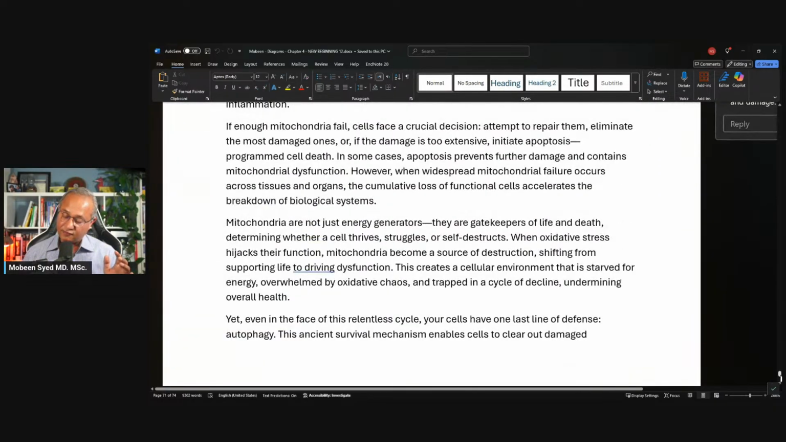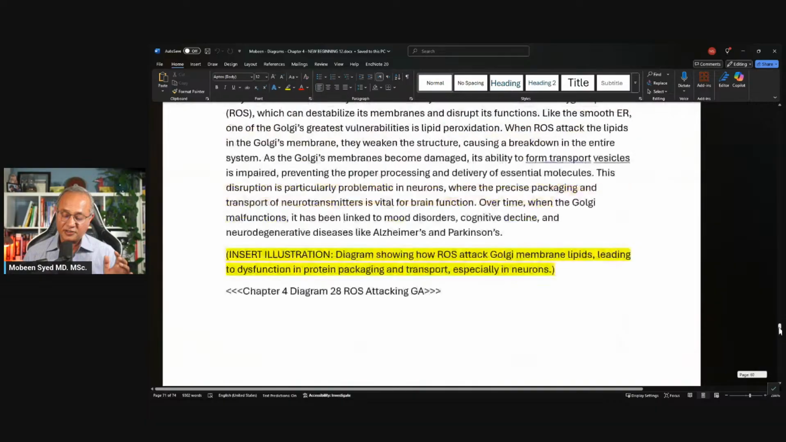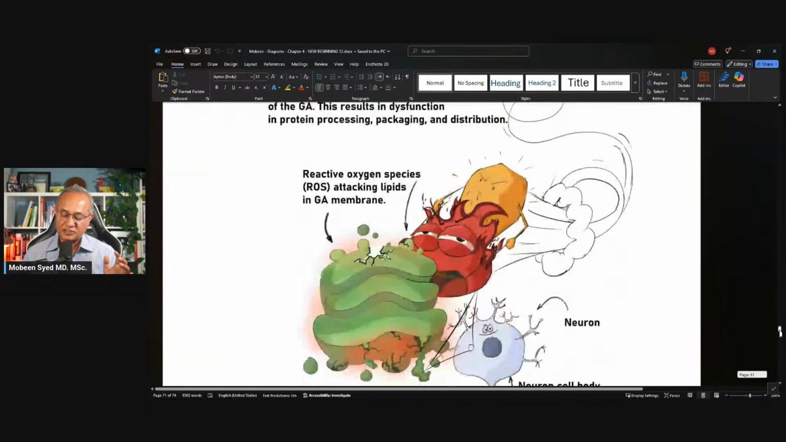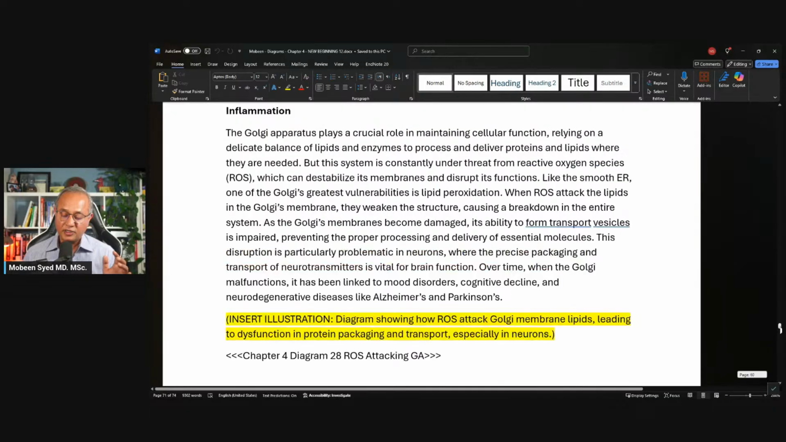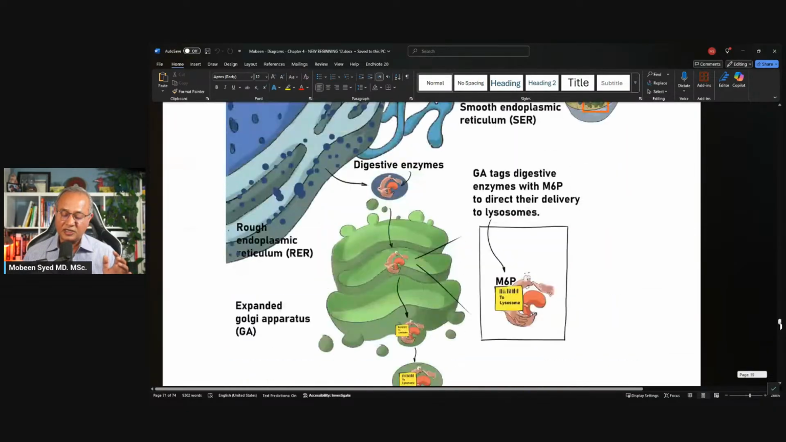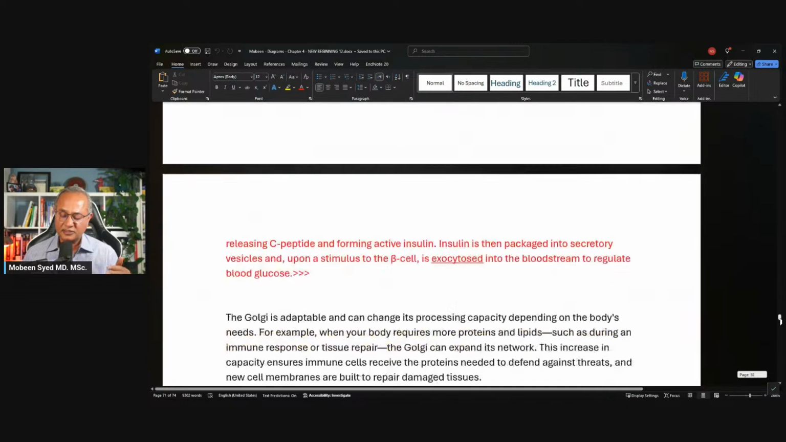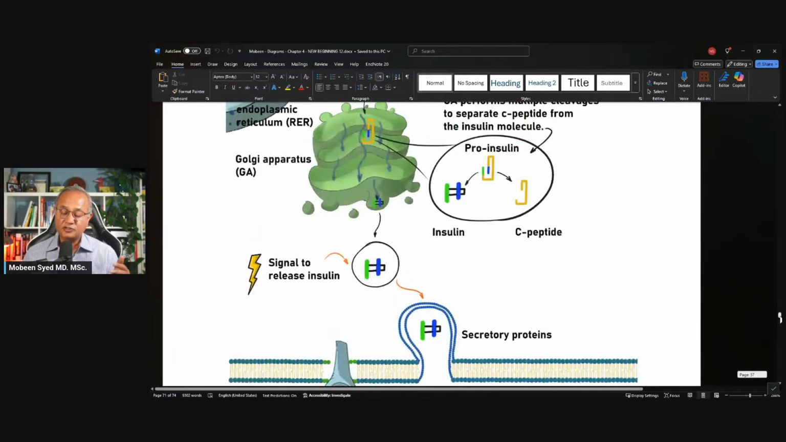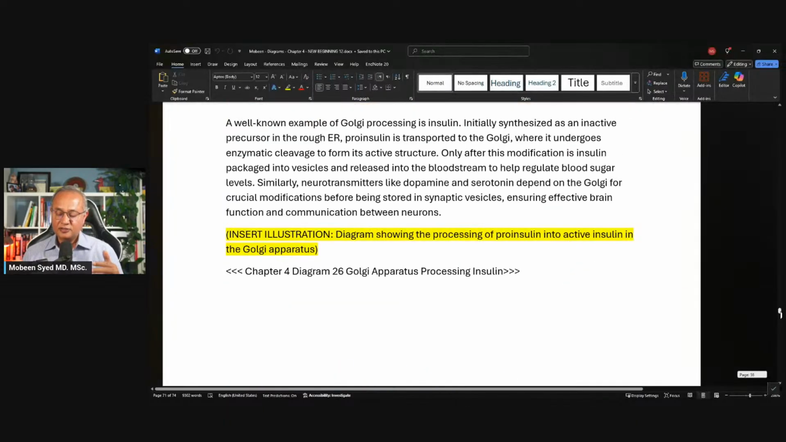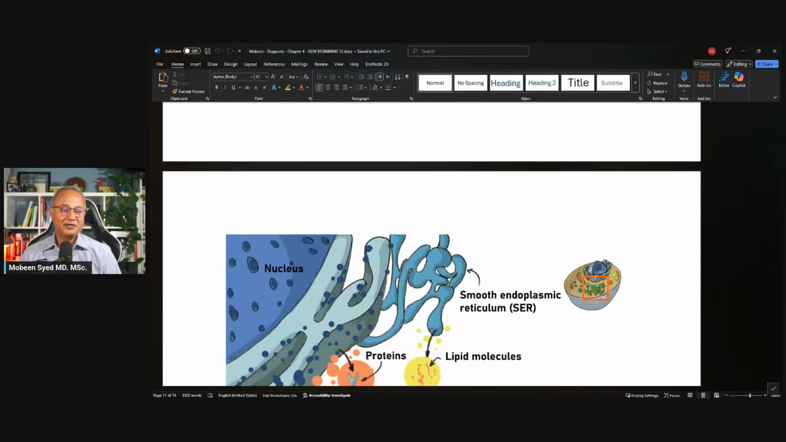This is chapter number 4. If you see here, this is a reactive oxygen species attacking the Golgi complex in a neuron, failing the neuron. Here are the digestive enzymes that are being formed, which would then digest various things. Here is how insulin is released and the function of the Golgi complexes in that. So this book, I think